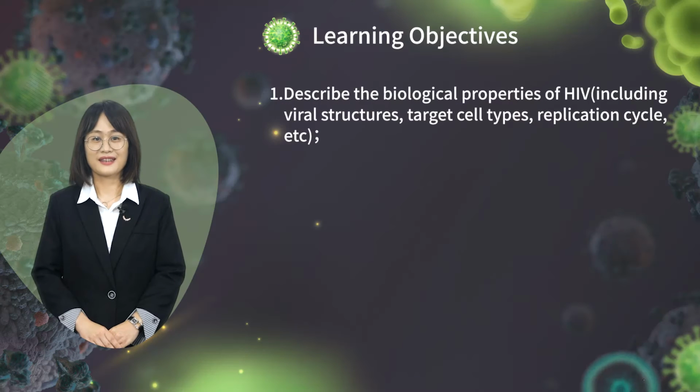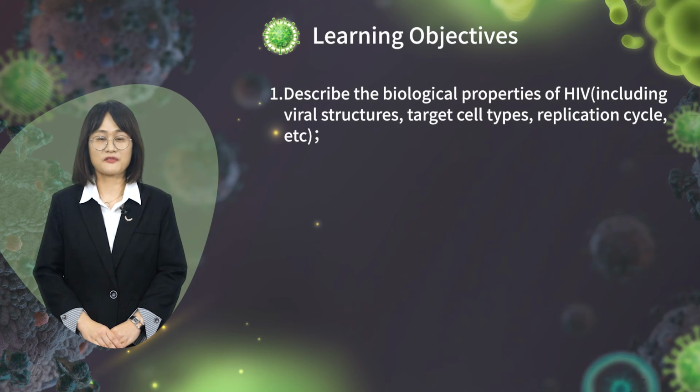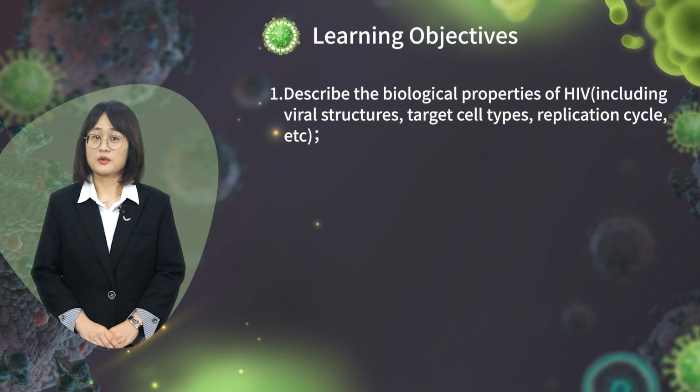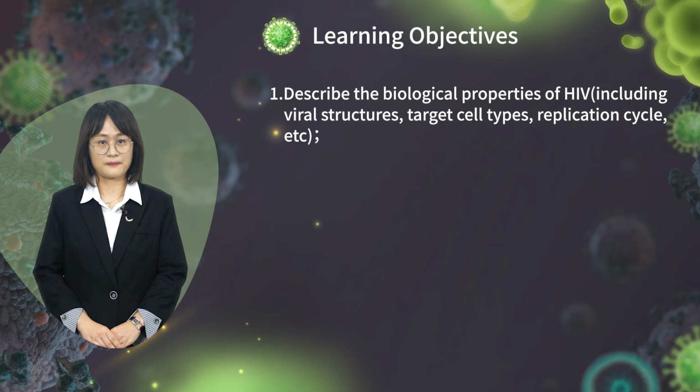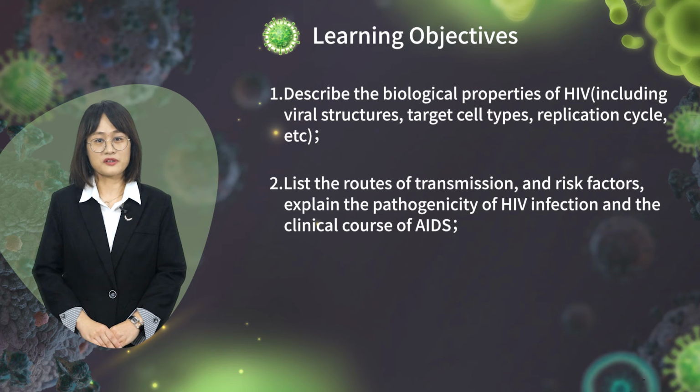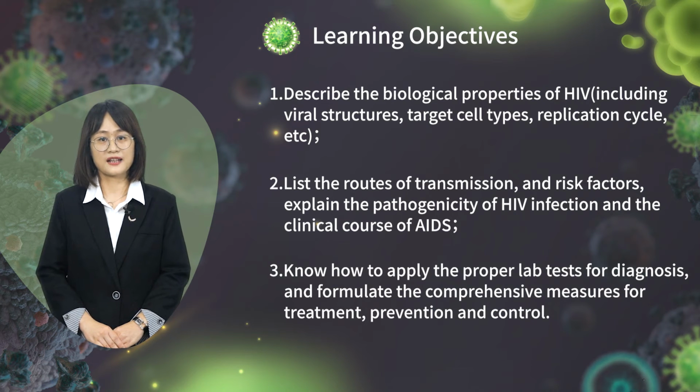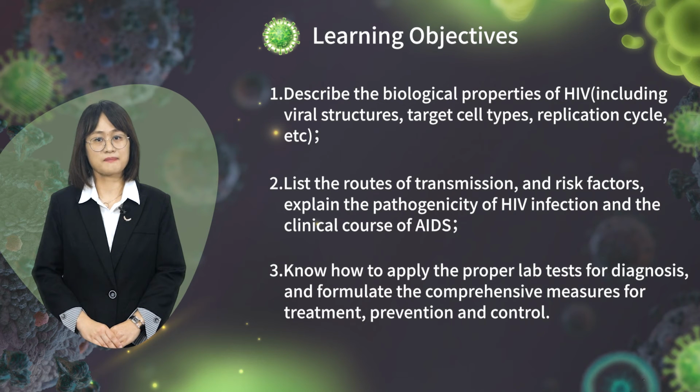After the lecture, you are expected to 1. Describe the biological properties of HIV, including viral structures, target cell types, replication cycle, etc. 2. List the routes of transmission and risk factors. Explain the pathogenicity of HIV infection and clinical cause of AIDS. 3. Know how to apply the proper lab test for diagnosis and formulate the comprehensive measures for treatment, prevention, and